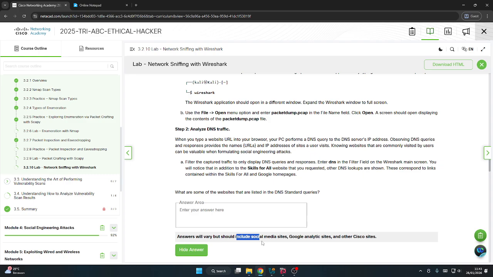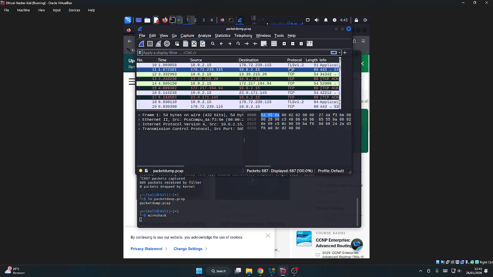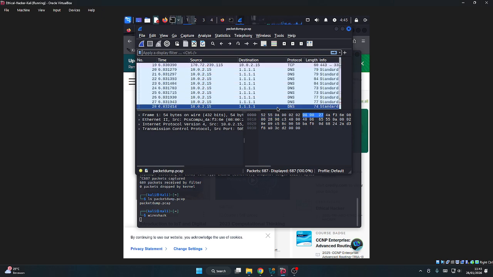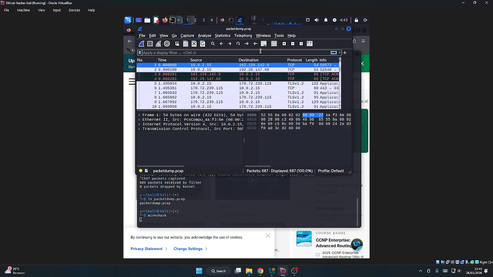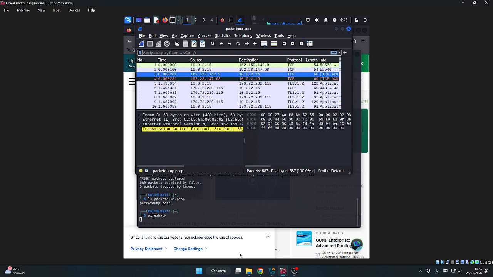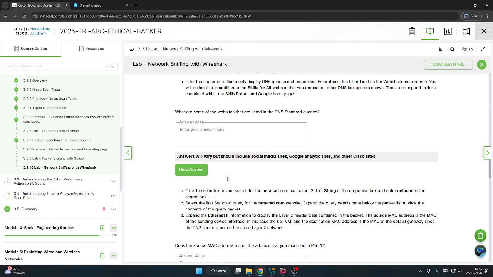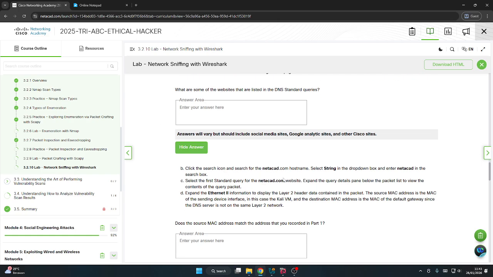Website there is Google Analytics, where we can see the information about the, we can see from the IP destination, and after that click the search icon and search for the Netacad.